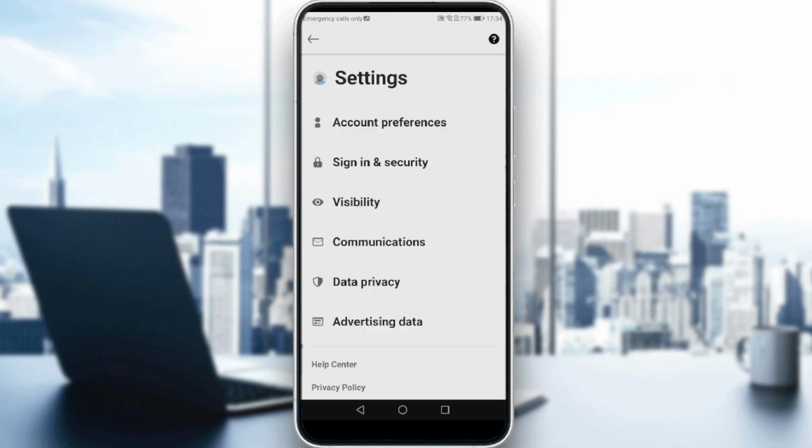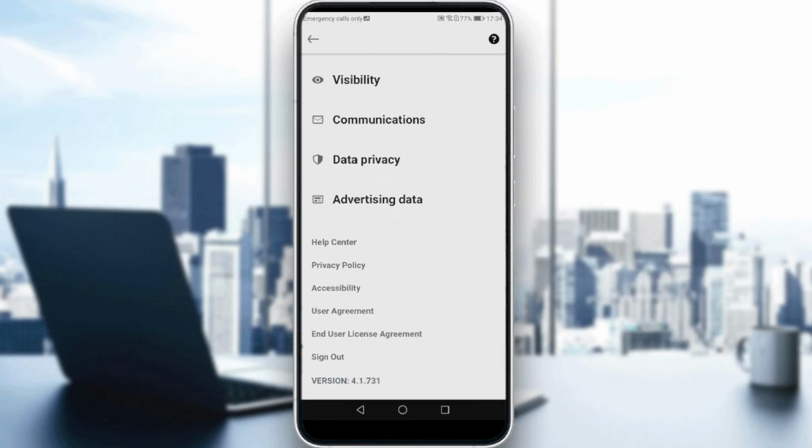Here, of course, after doing that, if you scroll down a bit, you'll find an option called sign out. Maybe it's not shown to you, but it's an option before the last option, which is the version of LinkedIn. So here we have the sign out option, as I said, and if you click on that,